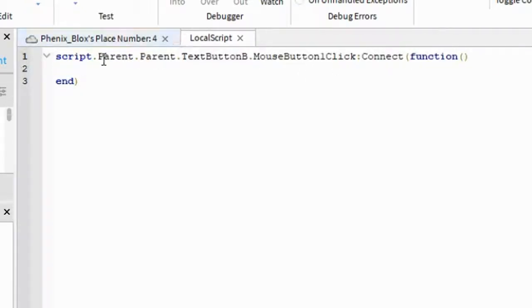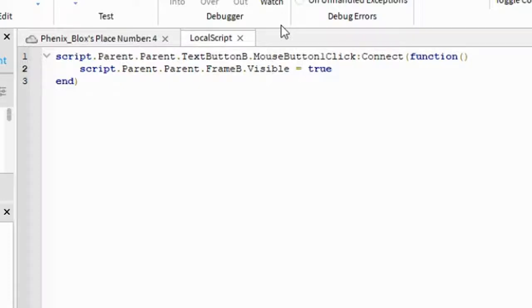So now what you want to happen, you need to write under it. So what we want to do is write script dot parent, that's my bad, dot frame. Basically frame is our frame, basically this one. So if you have multiple frames, called frame B, just so it matches. Then we want to see dot visible, put space, equal sign, and then make sure it's